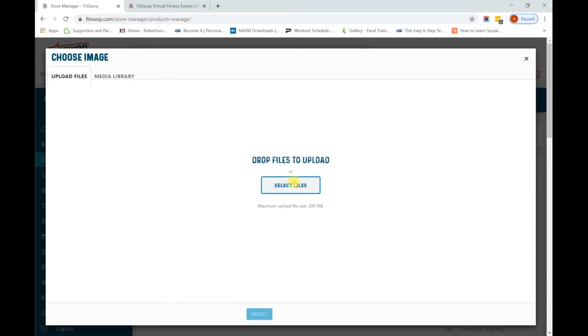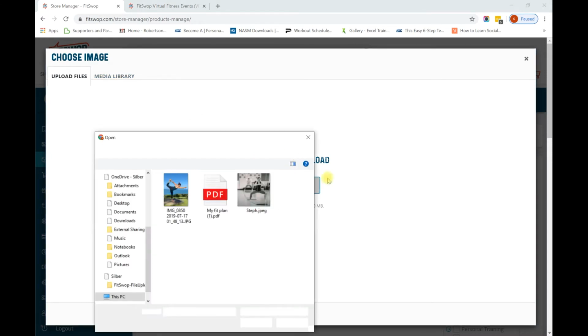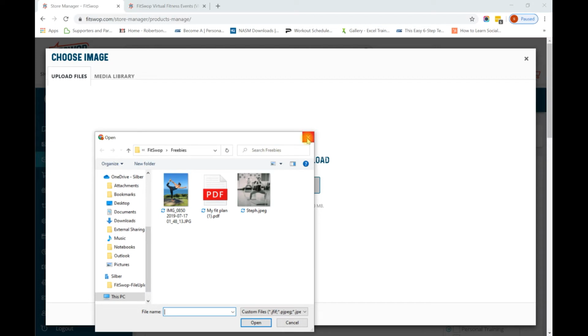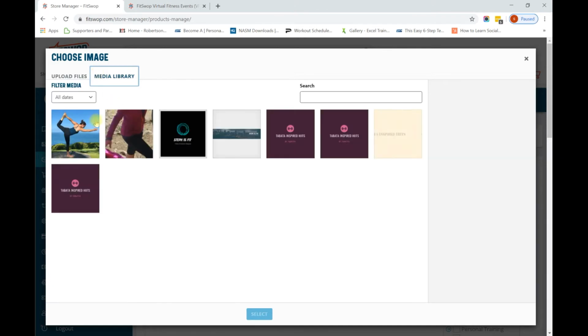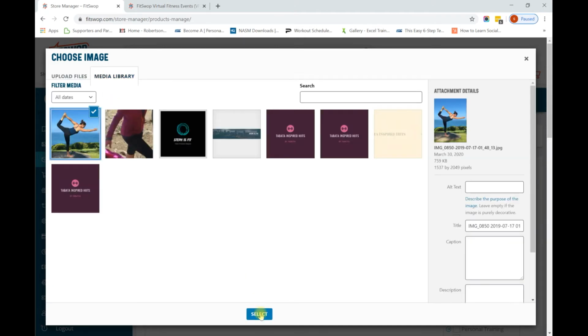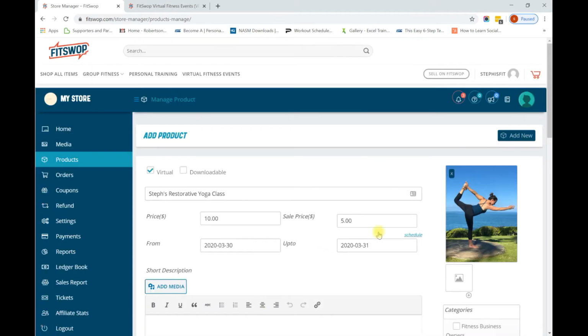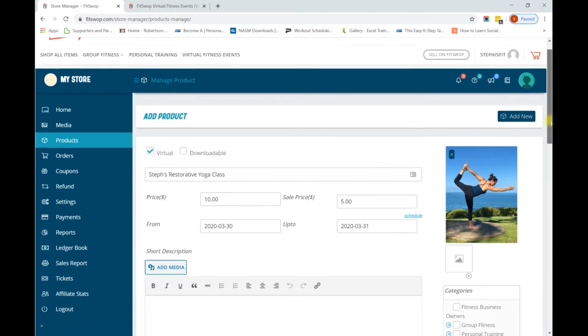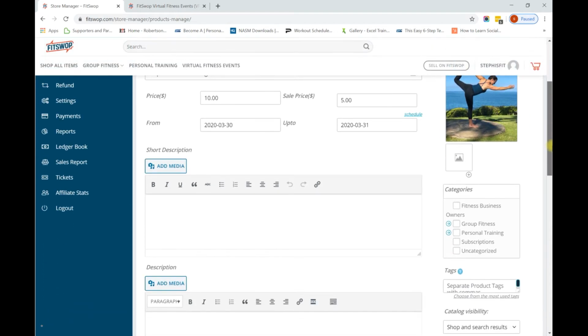So we can choose to upload a new file here, a new picture, as you can see, from the computer, or you can also access your media library, and those are the images that you have already uploaded, clickable here, and insert a picture that way. And there's that picture. Note that there are also more image screens below to even add videos or other images to